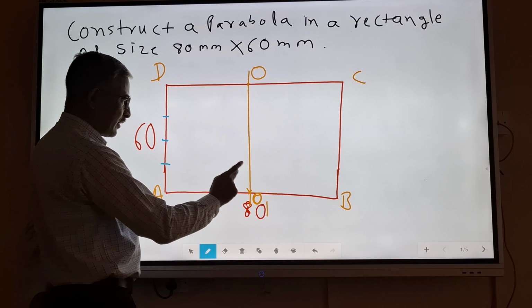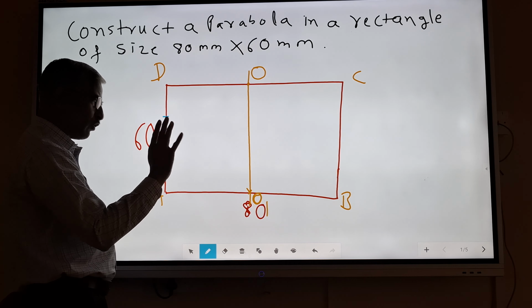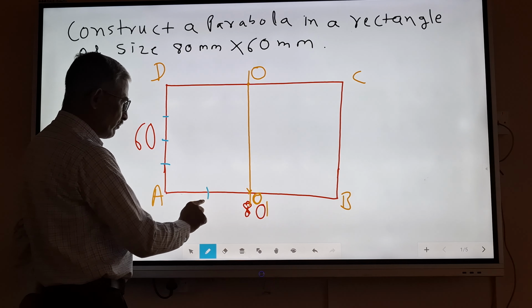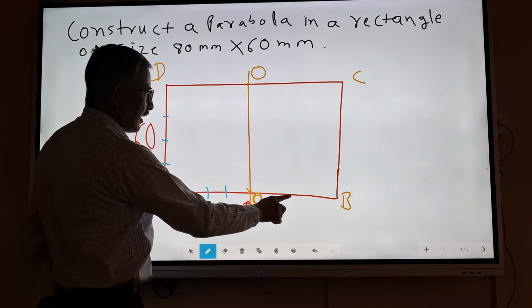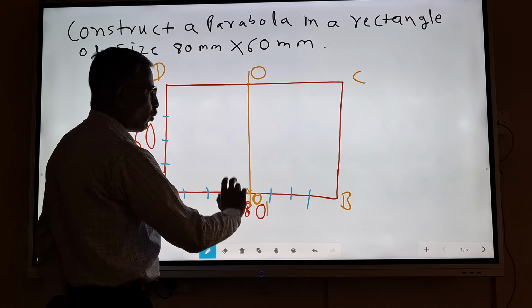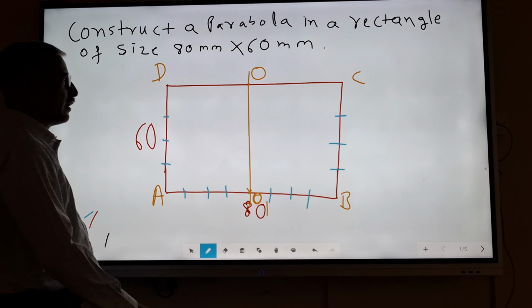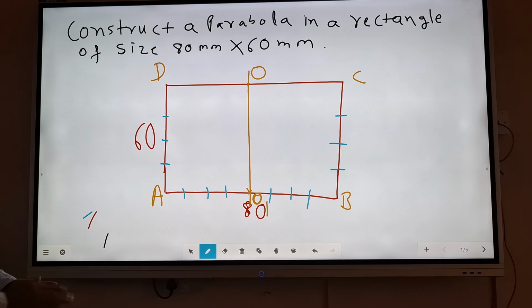Then divide segment AO1 into 4 equal parts. Already this distance is 40 millimeter, so each part will be of 10 millimeter in length. The same thing you have to repeat for O1B, and the same thing you have to repeat for side BC also.